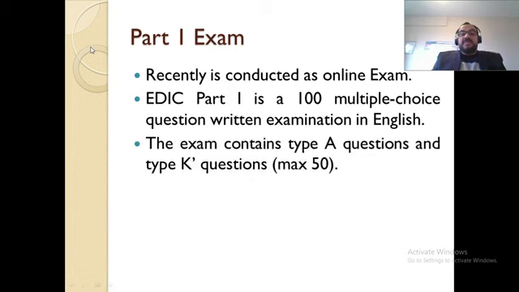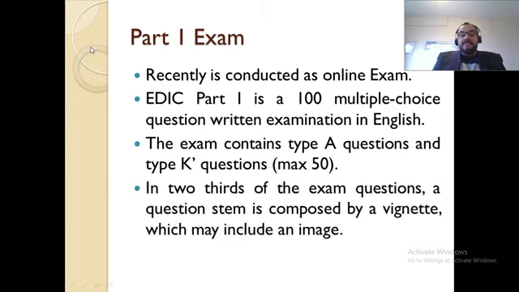The exam contains type A questions and type K questions, and the maximum number of type K questions is 50. It could be less than 50. In 2/3 of the exam questions, a question stem is mainly composed of a vignette, which may include an image. So likely you will face a clinical scenario rather than solid